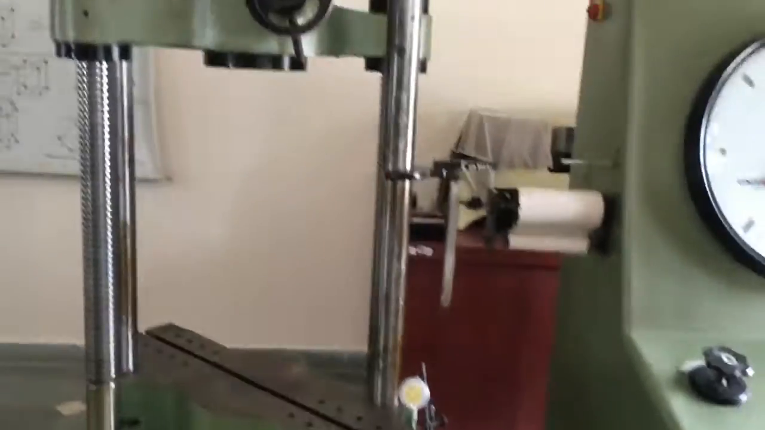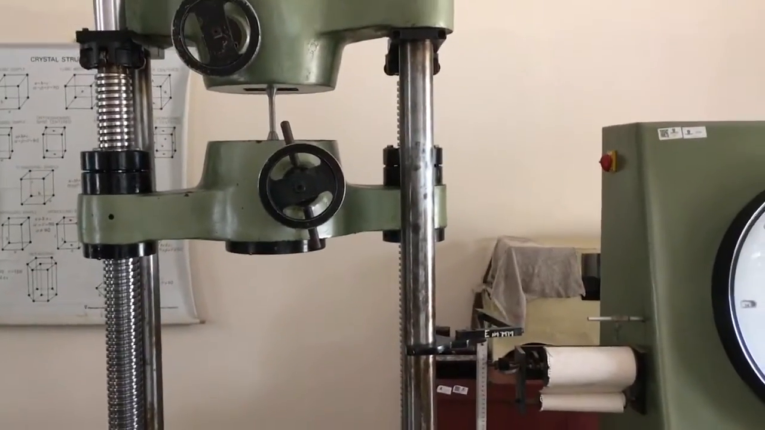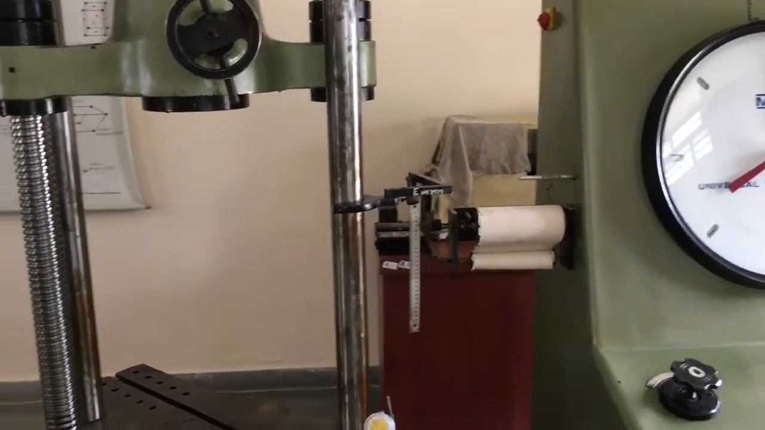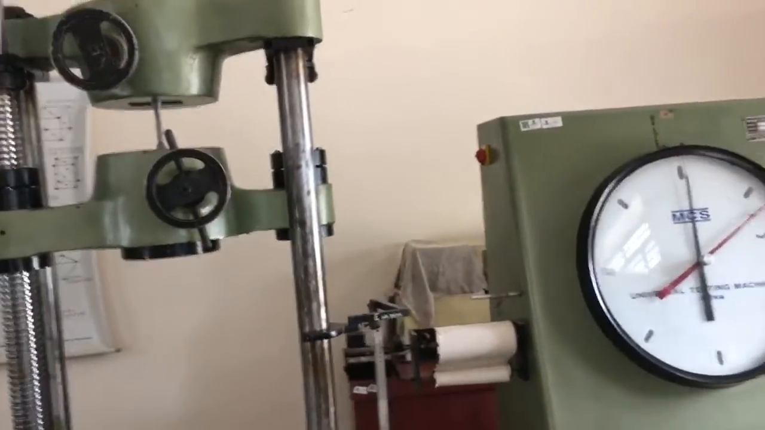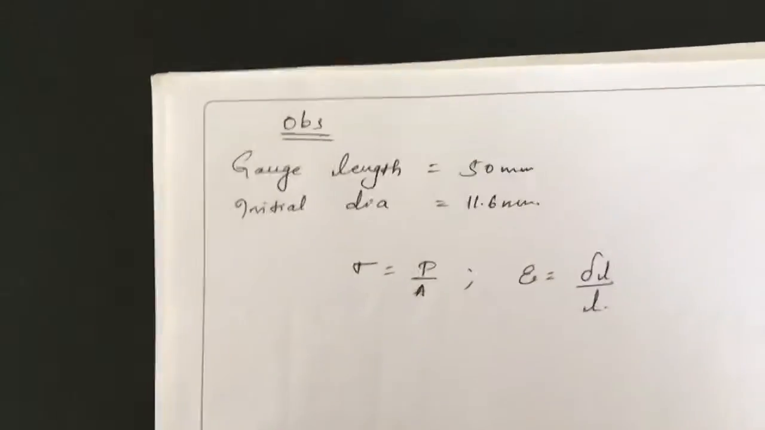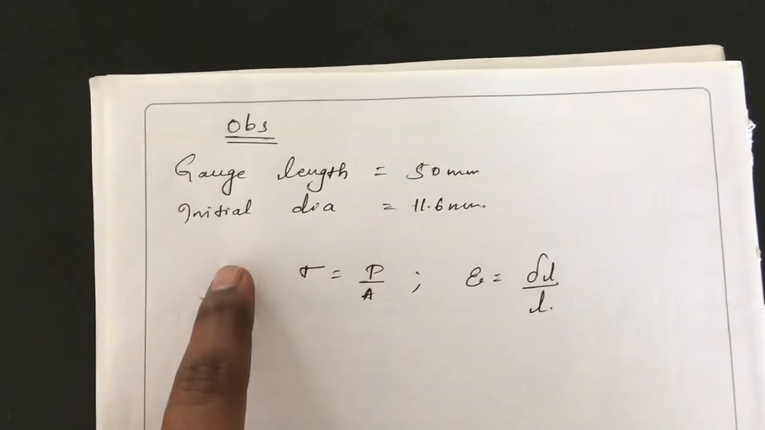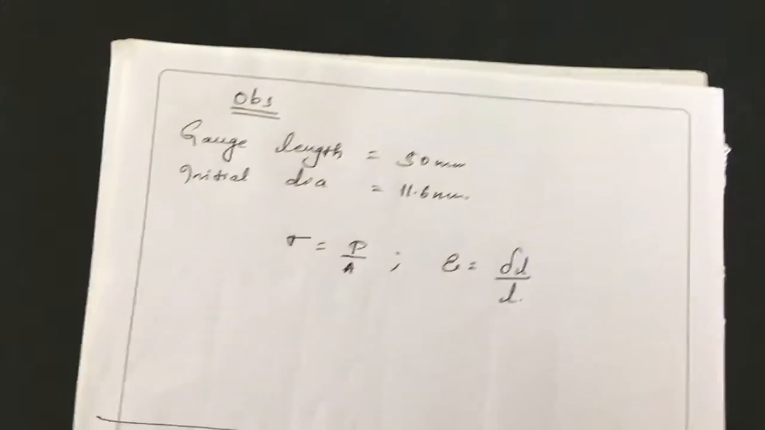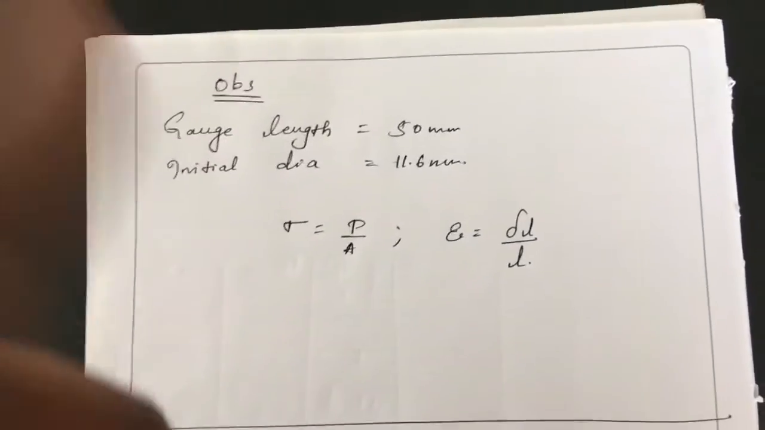So basically when this happens, we go on increasing the load, and simultaneously we keep on noting down the deformation values. Now here, the main observations that we make are the gauge length, which is 50 mm, and the initial diameter, which is 11.6 mm, which is measured,